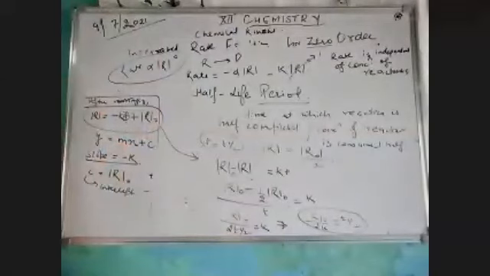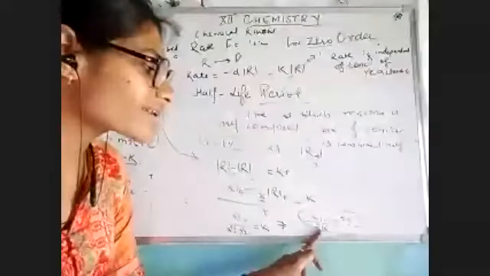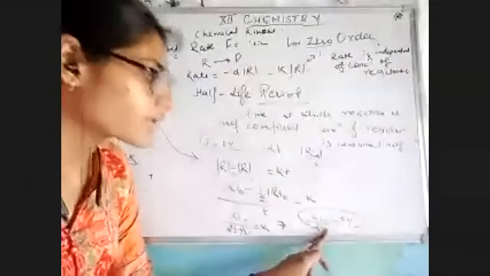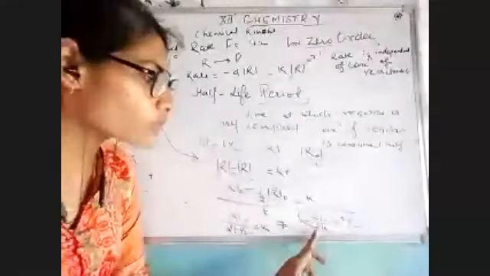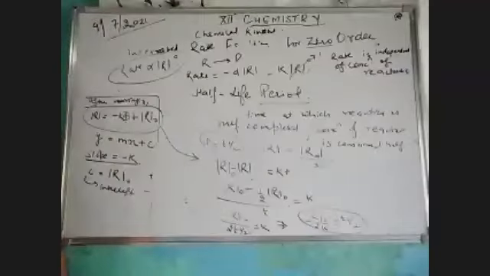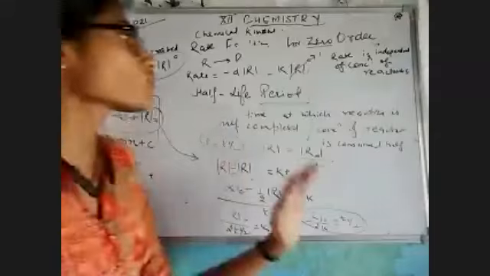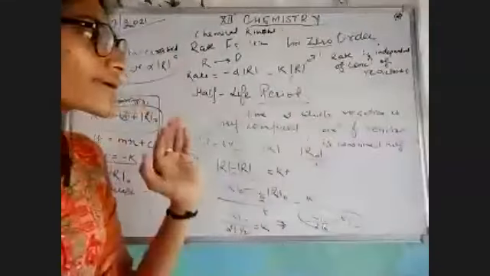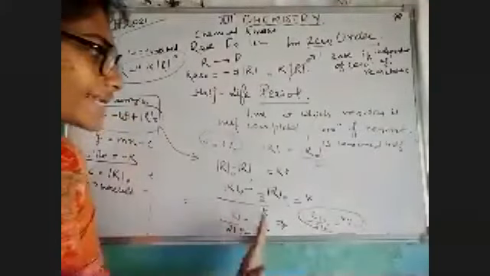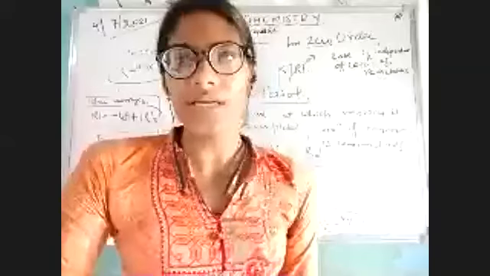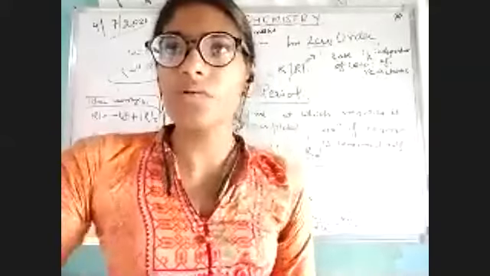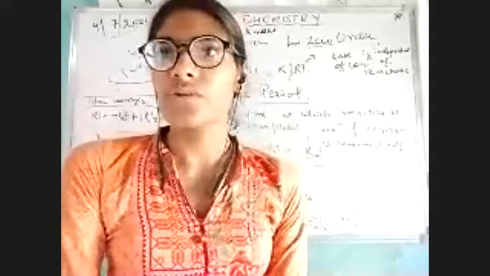Am I clear with it? So we can say that at half-life period, my concentration of the reactant is also half. We can say that. So this is the whole complete equation about the integrated rate equation for zero order, in which we have derived the complete equation as well as made a graph, and finally we have done the half-life period. Okay, so this was all about this equation. If there is any kind of doubt or query with it, please let me know so that we can continue with your doubt.